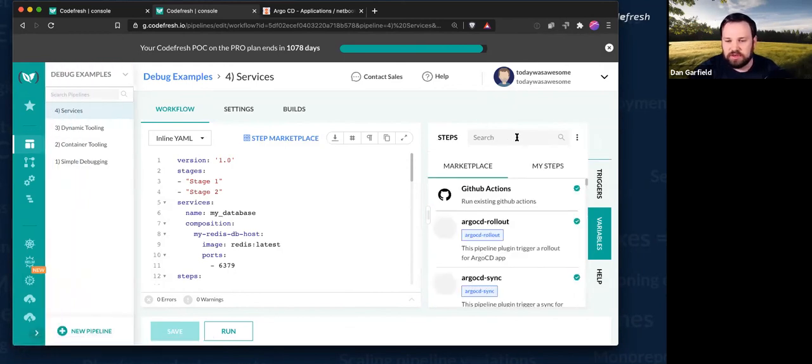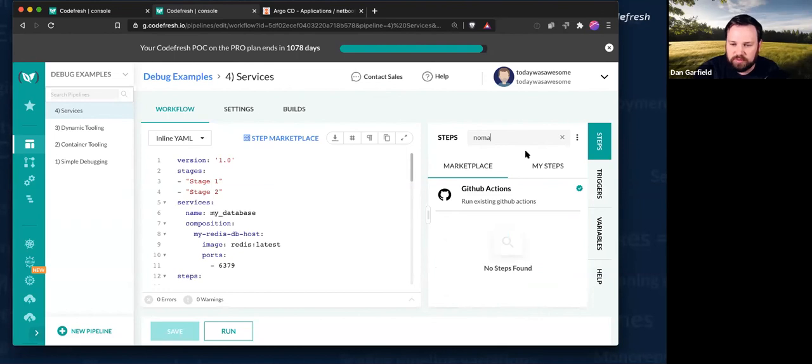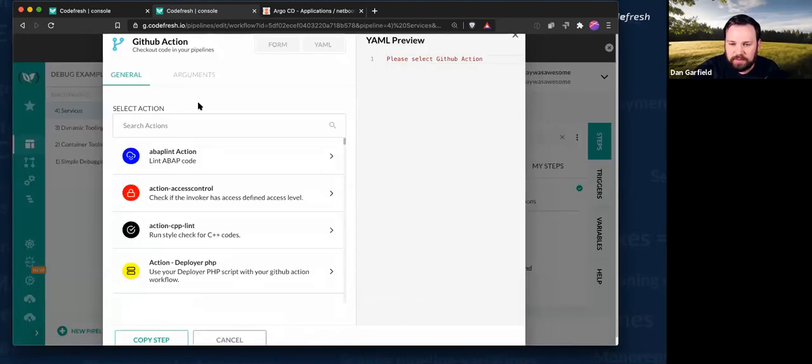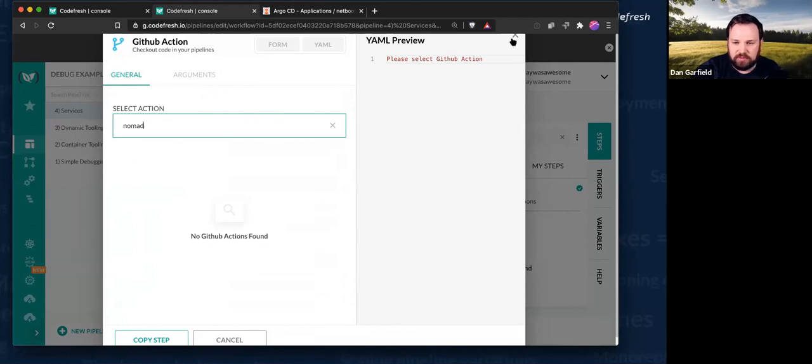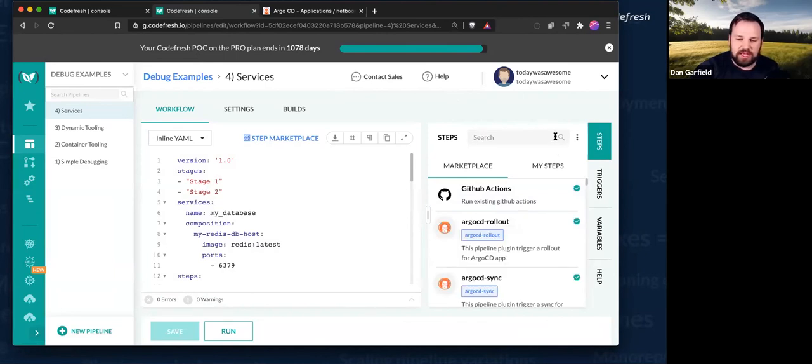If I go to use the Nomad step, I think there's one in here. These are all open source, by the way. Maybe there isn't a Nomad one. We do have an example in there somewhere. I've got to go find it. Anyway, I can just reference that as an object that then has the proper permissions and stuff around it. So that could be a lot of fun.